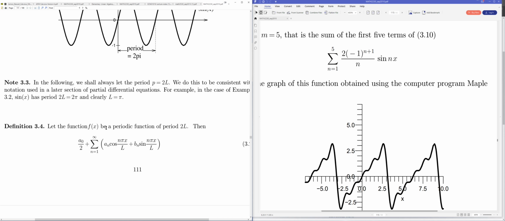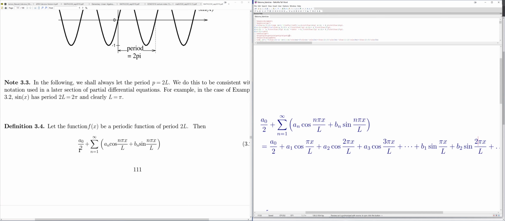Now what I want is, given a function that is periodic with period 2L, to find its Fourier series. And this is what the Fourier series of it is going to look like. The Fourier series would look like,